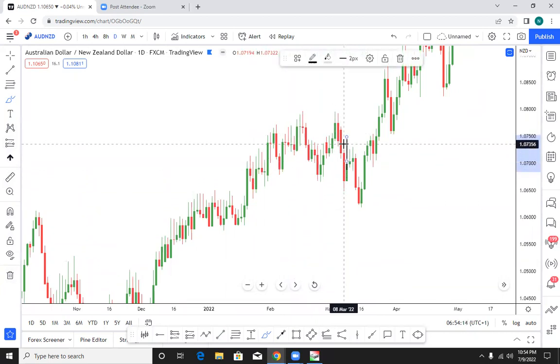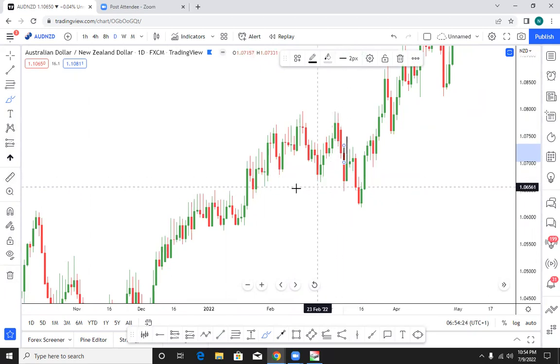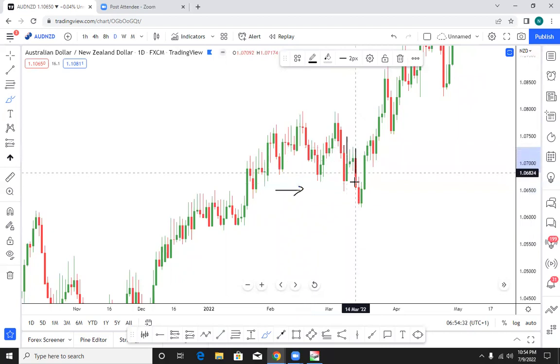Why? The recent sell-off was a much bigger pressure than this buy. So right now, there is still excess supply over demand, so you are not entitled to look for buys. But look at it here. Boom. Excess supply over demand. Boom. Excess supply over demand. Look at it. Equal supply with demand.